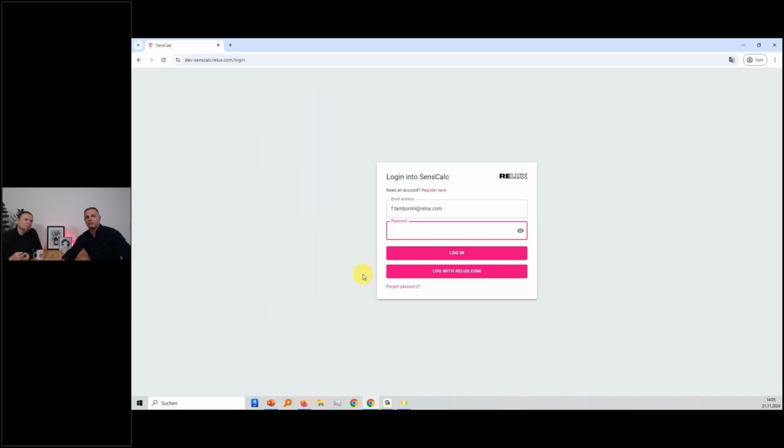So for now, if you want to test it, you will have to register. It's very simple. It's just your name, your surname, and your email address, and that's it already. So I will now